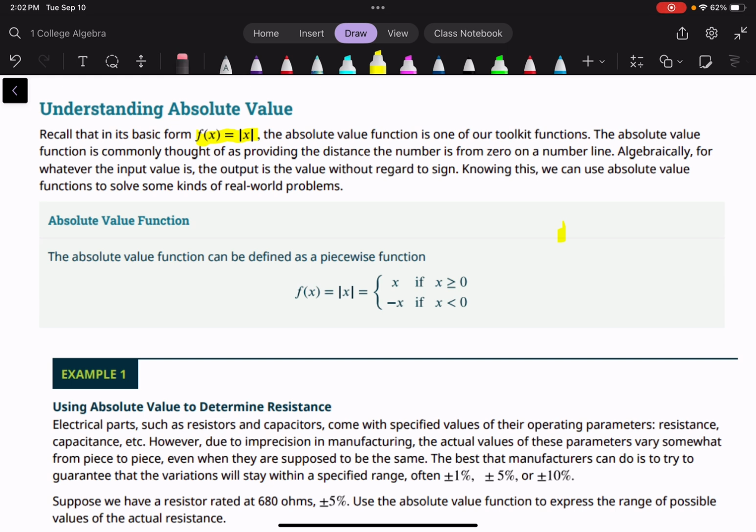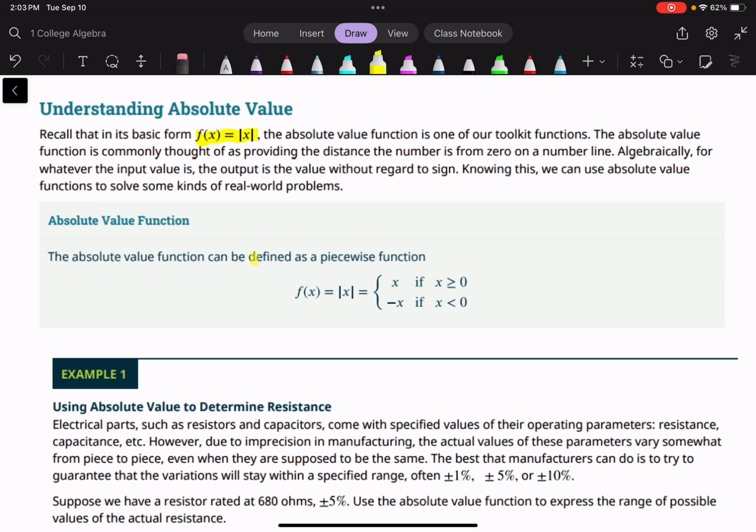The absolute value function basically returns a number's distance from 0 on a number line. That's why everything's always positive in the absolute value function, because distances are only positive. So they actually become very useful in some real world problems. But the definition of the absolute value is